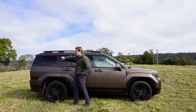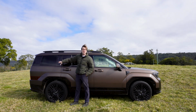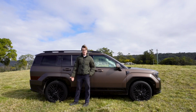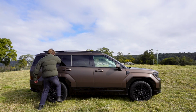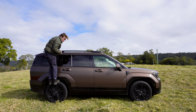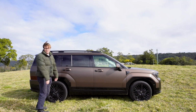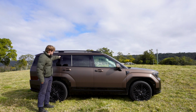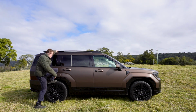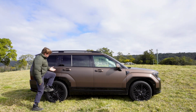You've also got this feature here, which is the party piece on the exterior of the new Santa Fe, which is a grab handle. I thought it was for mounting accessories like you can on the new Defender, but no, it is simply a grab handle to allow you to climb up the top and get things out of your roof box. So yeah, I guess they've done it and you have it here. Is it useful? I'll let you be the decider of that, but you have it on the new